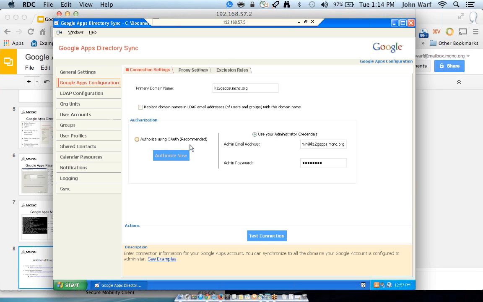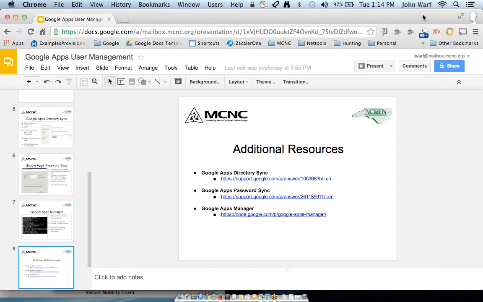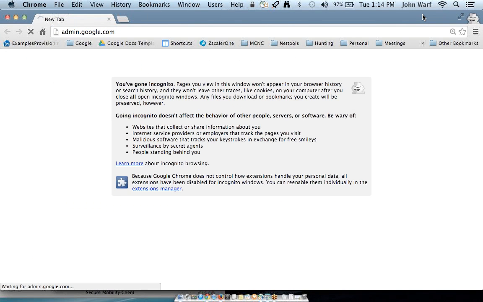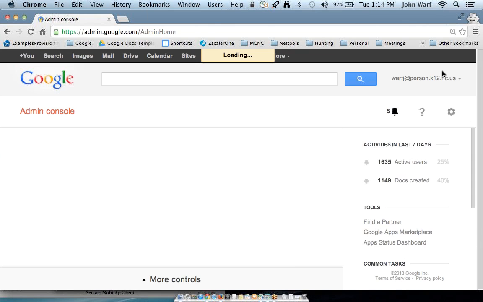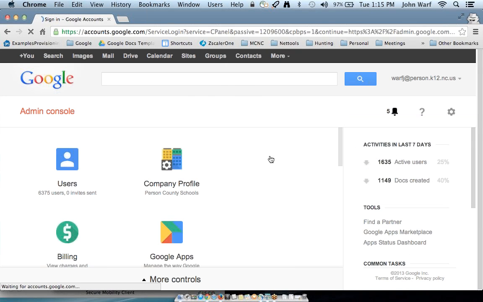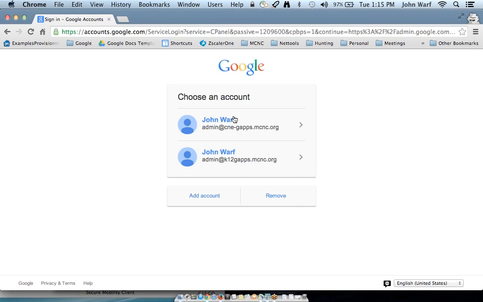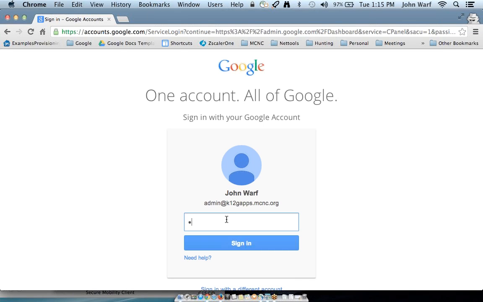Now, we have 2 ways of authenticating to our Google Apps. We can use the OAuth, or we can use the administrator credentials. One thing that we need to check first is we need to verify that we have OAuth enabled for the domain. So if you open up your admin console, admin.google.com, you can see here I was logged into another district earlier looking at something. If I just remove that, I can log into my K12 G apps,